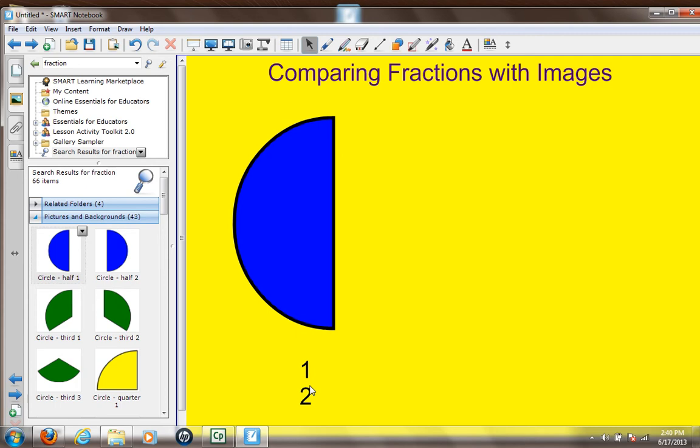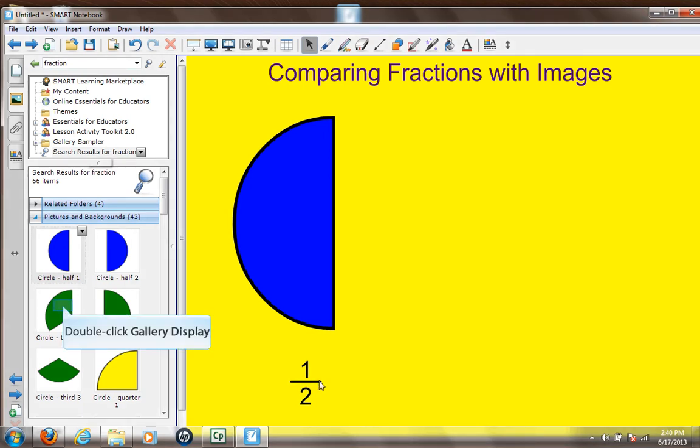Now I don't have a fraction bar, so I'm going to go to the Lines tool at the top menu bar on Notebook. I will click Lines and then select the one that has no arrows. Then I will go between my numerator and denominator and click and drag to create the fractional bar. I will go back to the top. It's important to remember to select the pointer arrow so that you can move that fraction bar equally between your